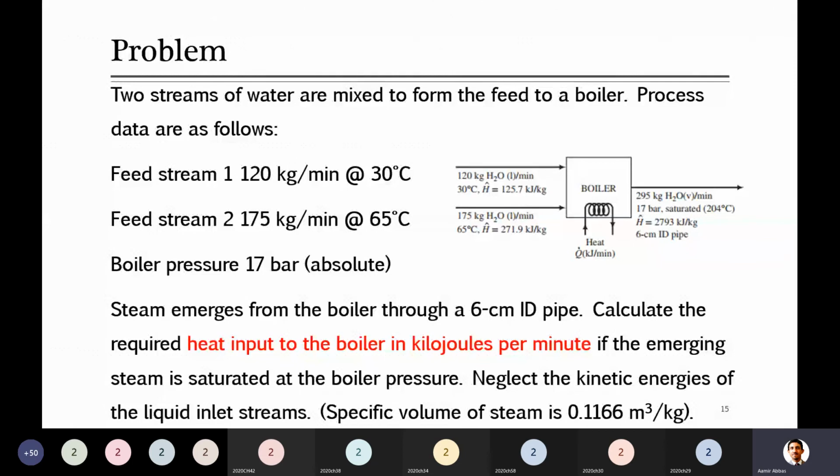Actually, as I'm calling them steam tables, they provide data about water at its saturation condition, meaning in the form of water as well as in the form of steam. So we will look at them later, and maybe see specific examples also, but at the moment this is provided here: at 30 degrees C, the specific enthalpy of water, which is in the form of liquid, is 125.7 kilojoule per kg, and at 65 degrees C enthalpy is also given as well.